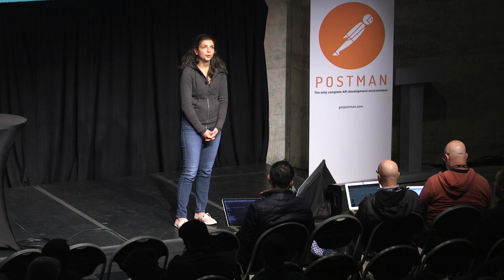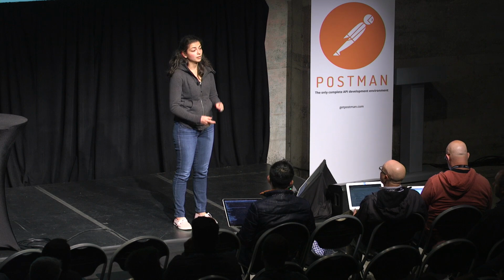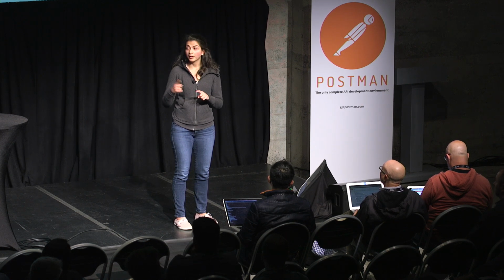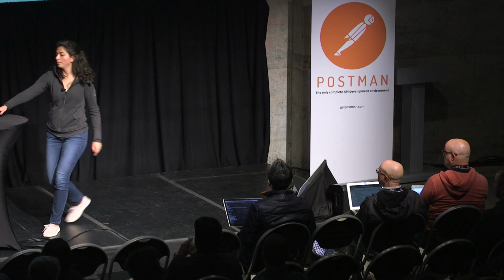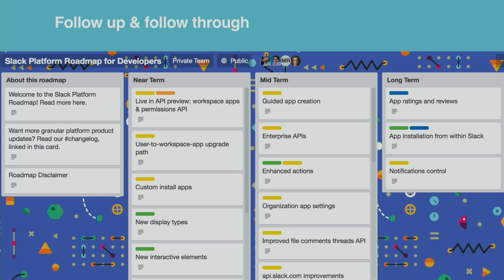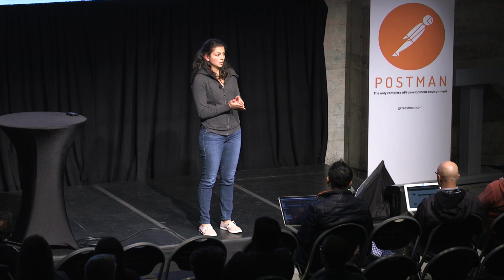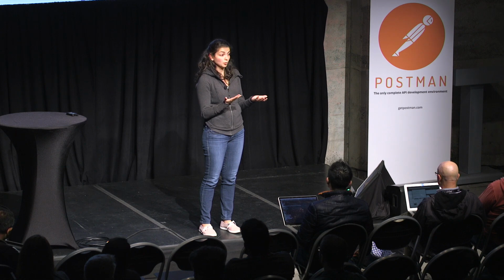Yeah, so I usually get around that by not committing to a specific date, but telling them where in the conversation we are internally. So if they're asking me about a particular card, for example, this card, new display types, actually refers to a UI framework that we are releasing sometime in the fall. If you ask me when in the fall, I can't honestly tell you this particular date or even this particular month, but what I can tell you is that we have recently gone through a huge naming convention workshop, and that we're finally nailing down the full spec for it. And it'll go into partner release in the next couple of weeks.